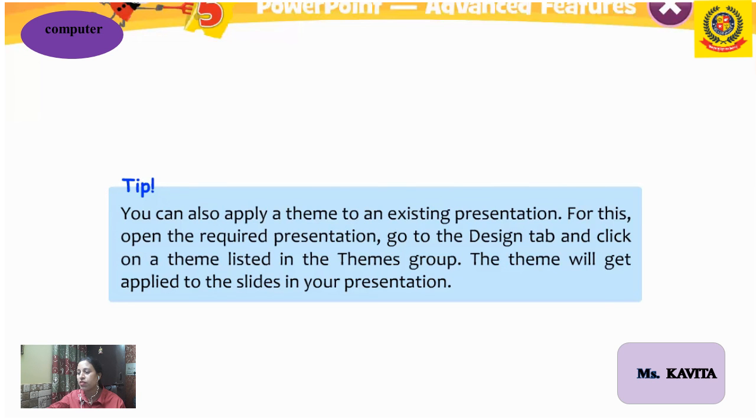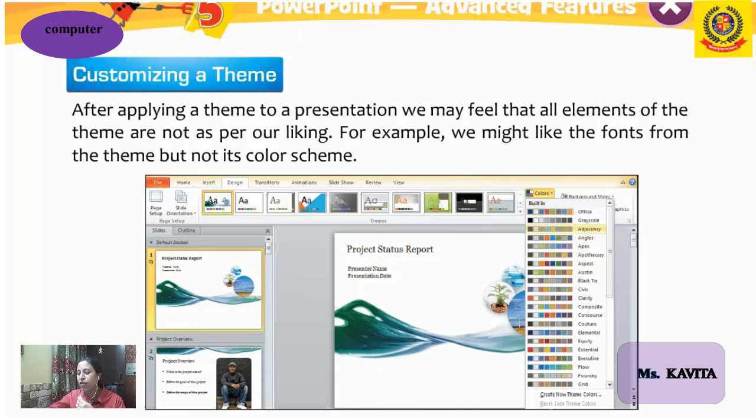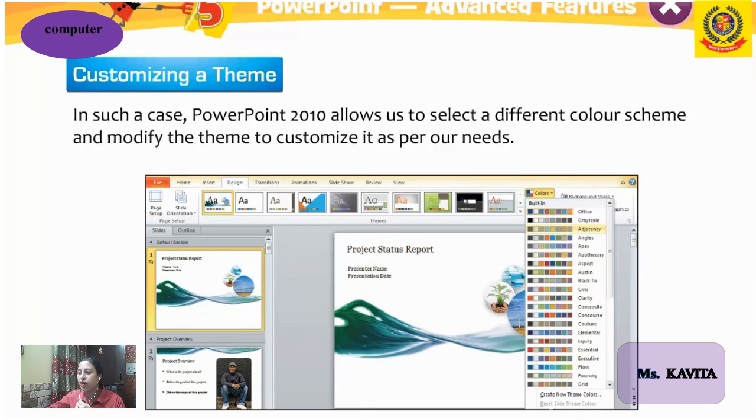We can change the theme colors. The steps are: open the design tab, drop down menu, and then you can change the theme colors. Then theme fonts: different types of fonts are available, so you can choose any font and apply it. Different theme effects are also there. You can select different effects and apply them to your presentation.